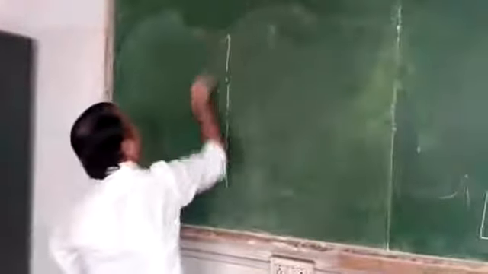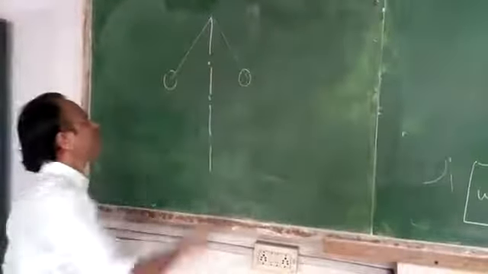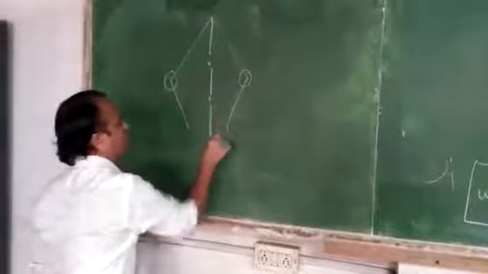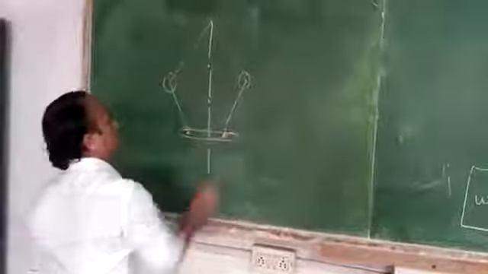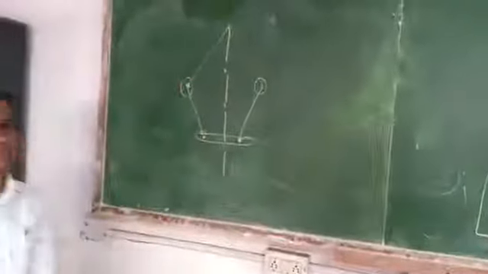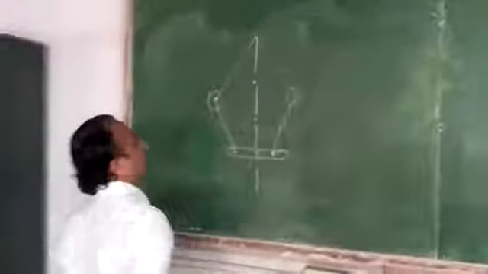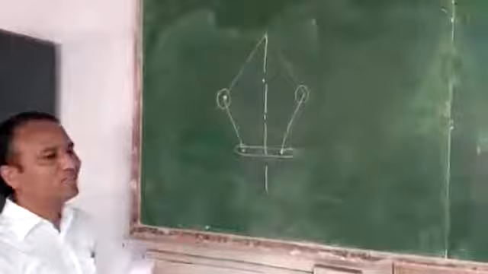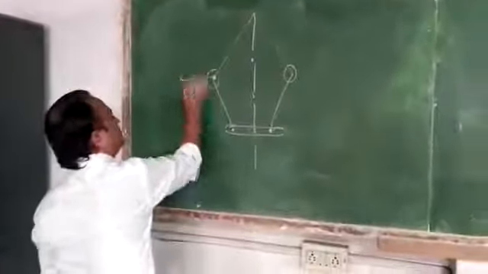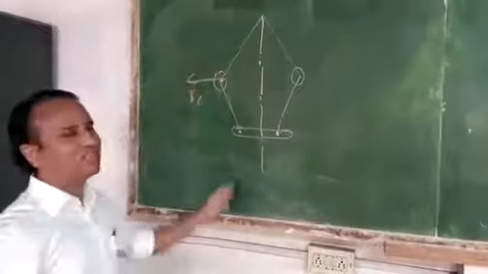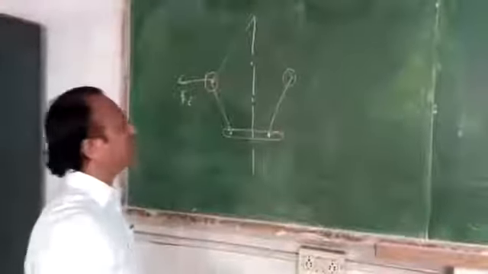Simple diagram of Porter governor. Student, I have defined two upper links, two lower links, sleeve. This is the axis of spindle, line diagram I have drawn. Position of governor is generally symmetric. So for forces Fc, suppose I will consider only one half for analysis. Same analysis you can apply for the remaining half.